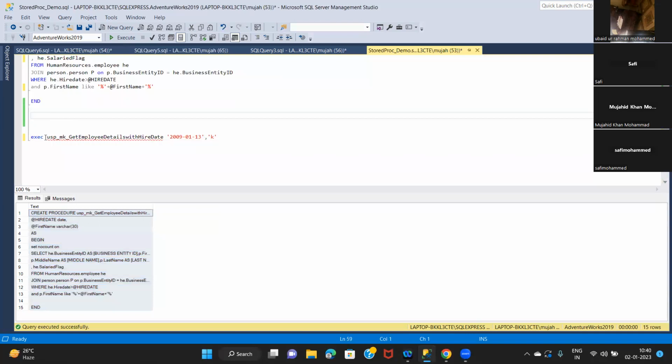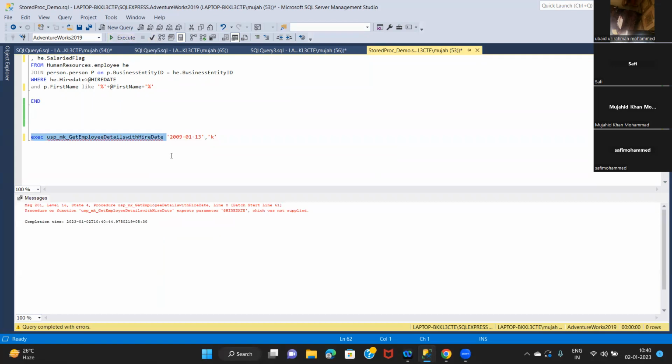For executing the stored procedure, the same command I use, exec, but here, if I don't pass parameters, what happens? It will ask for the parameters to be supplied, because you see here, procedure or function expects parameter hire date, which was not supplied, right? So I need to pass the parameters over here. If I don't specify